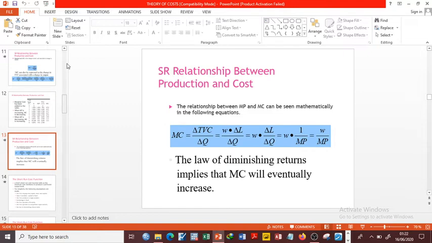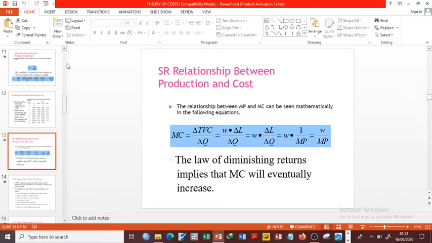So that's why we are getting this. We are saying W times the change in L. The change is just, we are just introducing the change